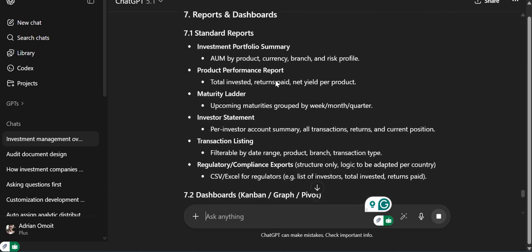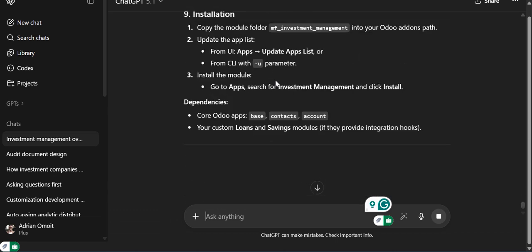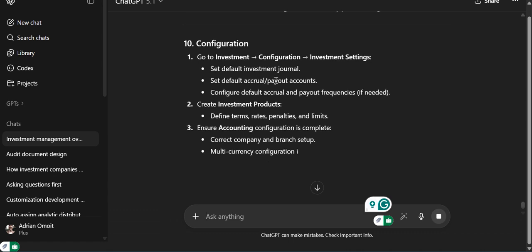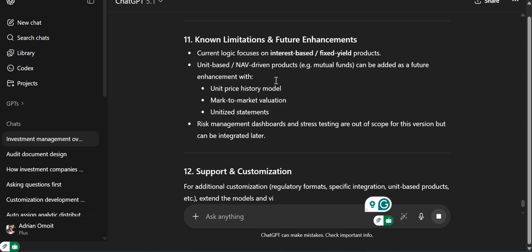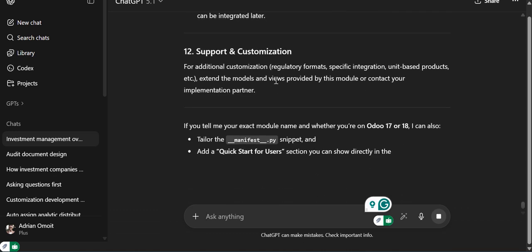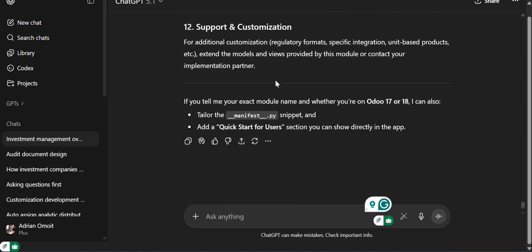So once you're satisfied with how the README will be, the next thing will be now I'll need to create this module. So this is still going. As you can see, it's quite thorough and comprehensive. This is really good. So now once we are done with this, what I do is I now tell it